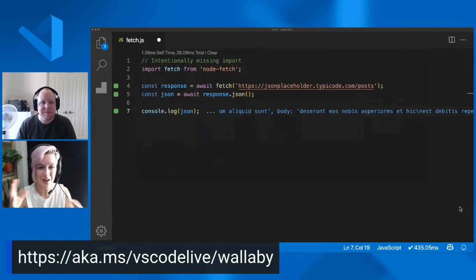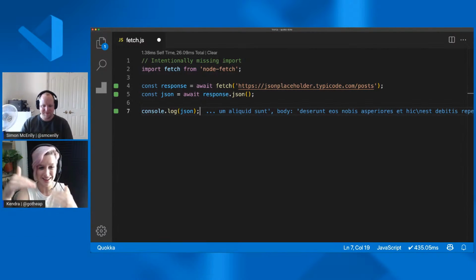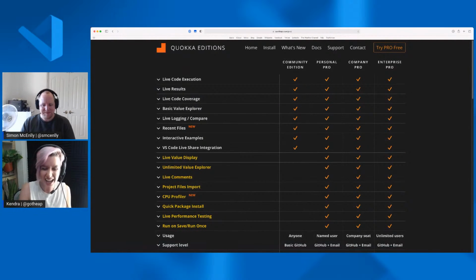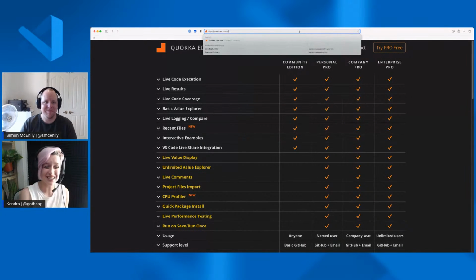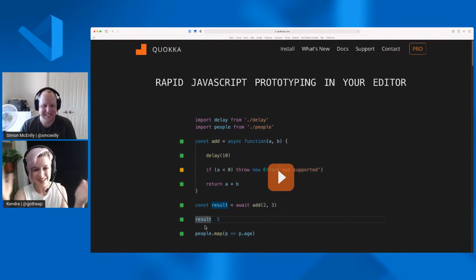Oh my gosh. So you just covered so much. I was honestly blown away. It was good that my camera wasn't on because every time you hit something new, like at first I saw console log and I was like, oh, but what if I don't want all those console logs in my code? And you can use comments and you can have it automatically output like that. Oh my gosh, such a cool string of features.